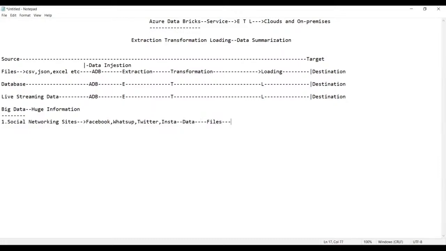These files we get into ADB, Azure Databricks, and perform extraction, then transformation, then loading. Finally the data will be loaded into the destination. Okay, guys, everyone.